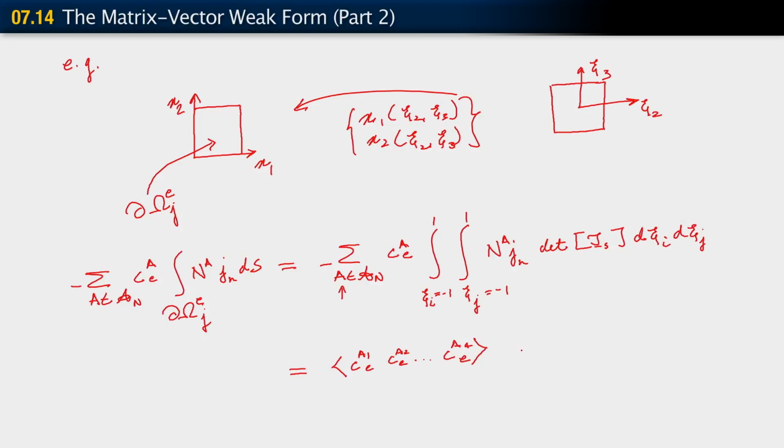Because any face will have 4 nodes, or 4 degrees of freedom, in this case. And when we carry out this integral, we end up with essentially